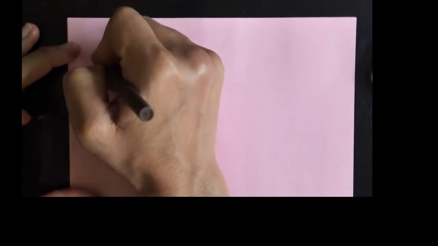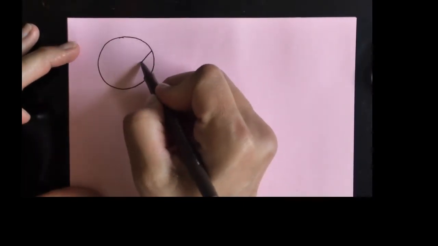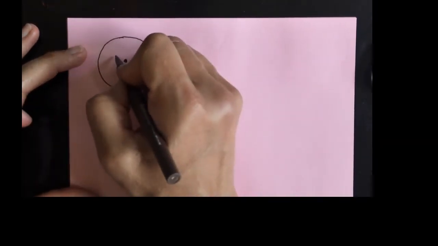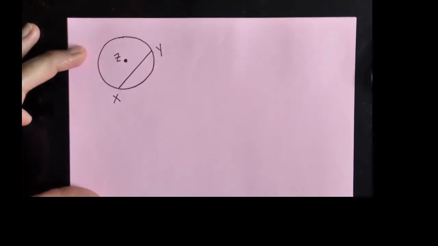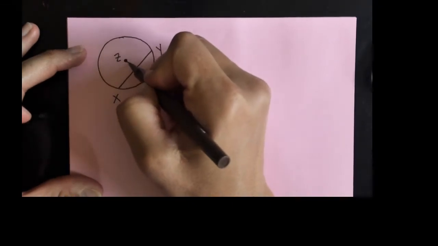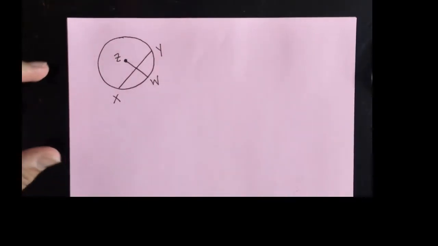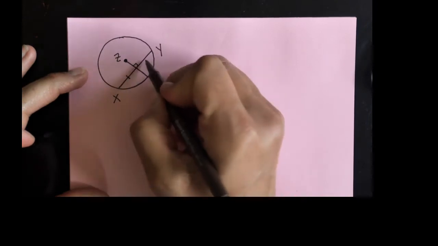Pink paper. So now if I take a chord and I have a center, we'll call this center Z, X, Y, W. I'm not even going to put a letter here, but I'm going to tell you